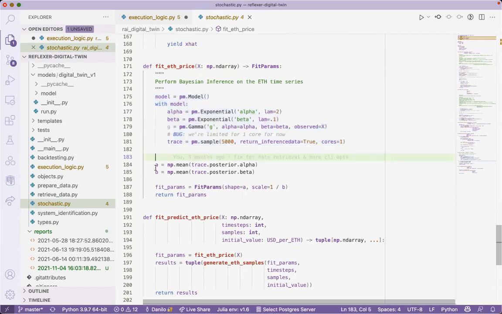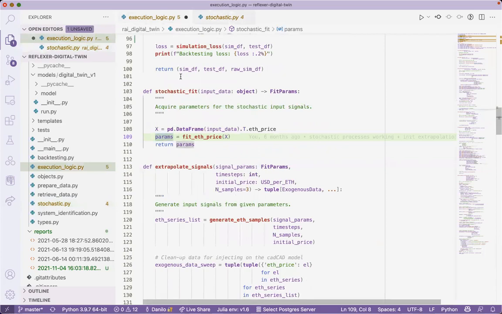And by having that, we have some parameter estimates. Andrew Clark is the best expert for that, so I won't go into details. But the idea is that we find those two parameters for a random distribution, and we can use that for sampling as many time series as we want about the Ethereum price.